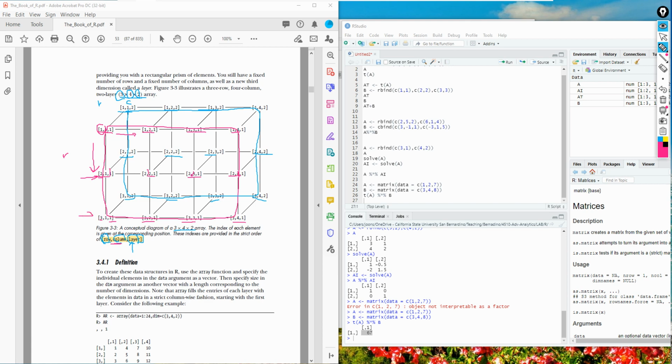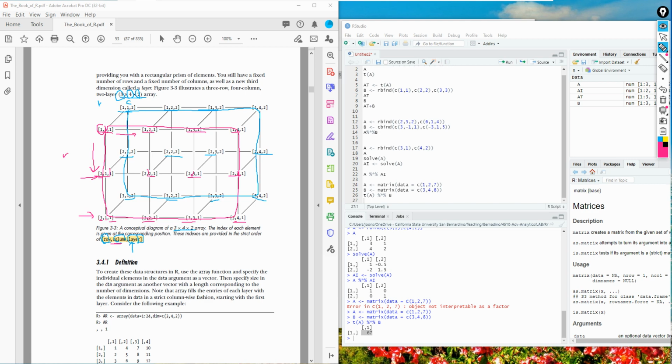This is the second row: first column, second column, third column, and fourth column of the first floor, layer 1. And this is row number 3, with its four columns, of the first floor, layer 1, etc. The blue one works with the same concept. So this is a 3 times 4 times 2 array.